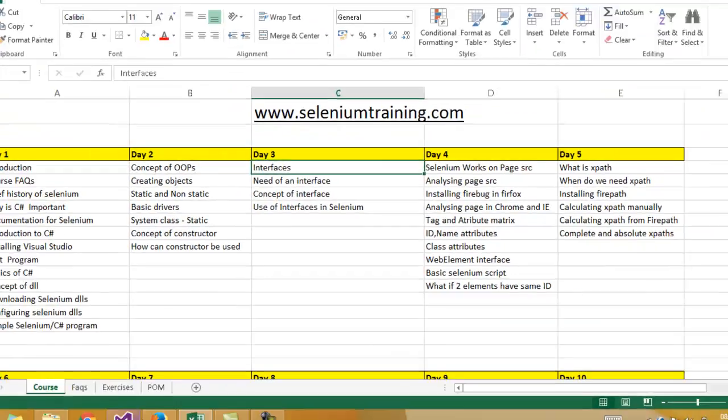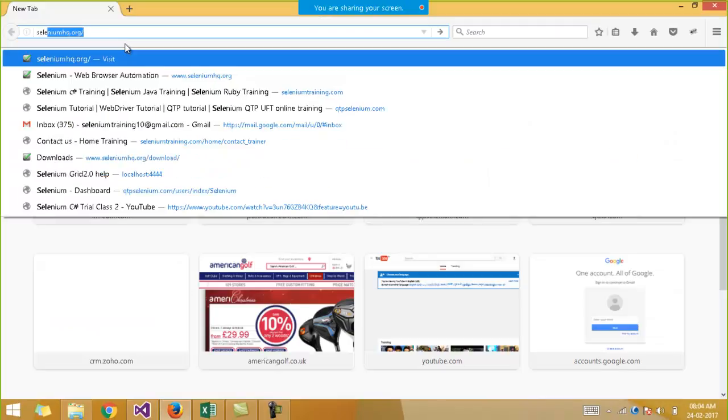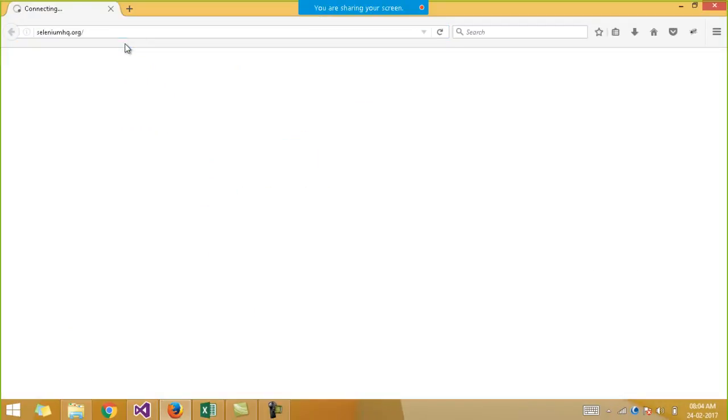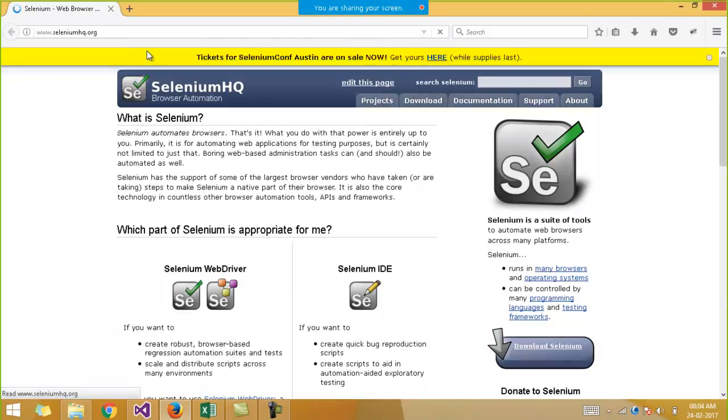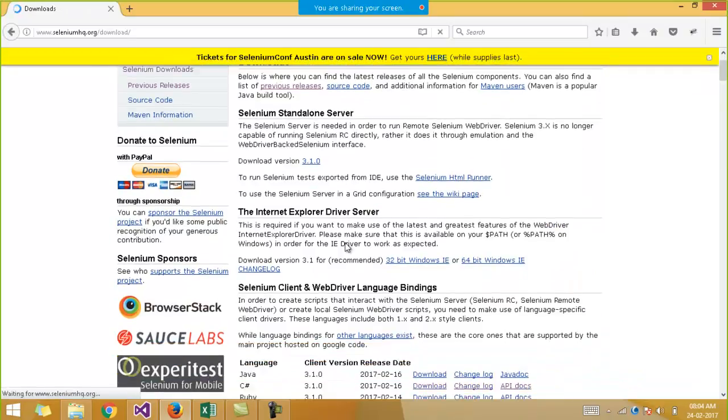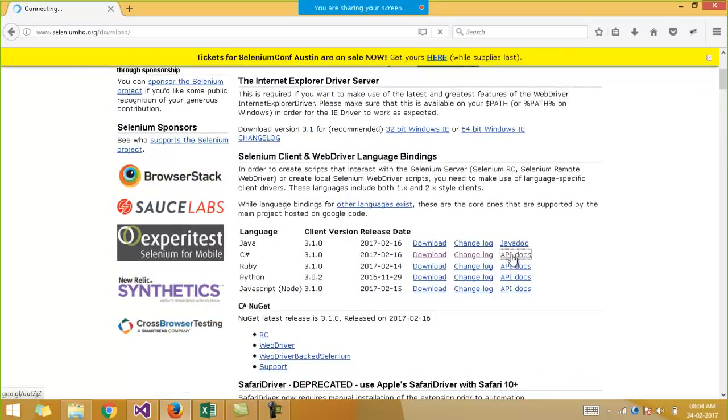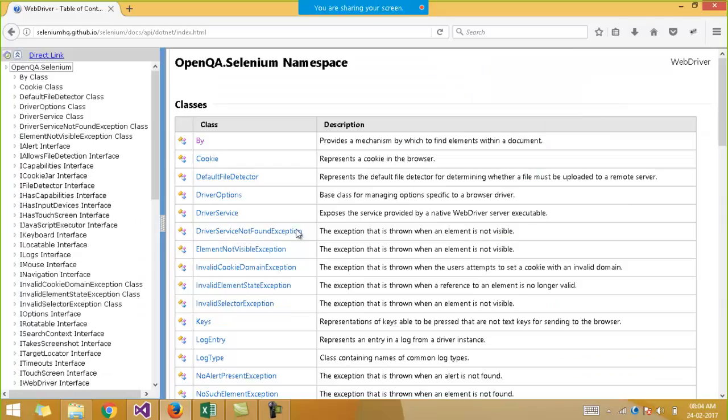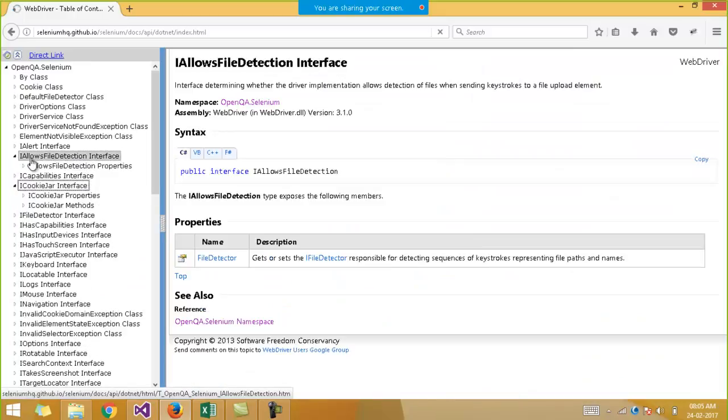For example, if I go to the official website of Selenium, that is seleniumhq.org, and look into the C Sharp API docs, you will see that there are many interfaces in this documentation.